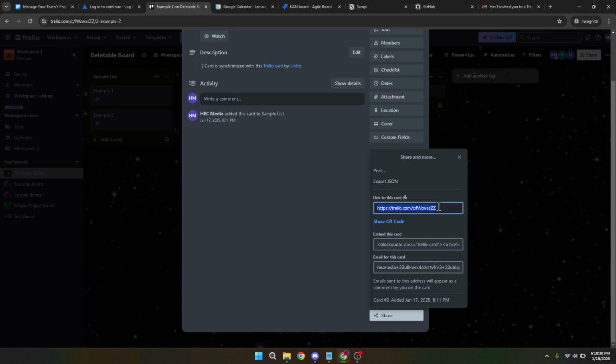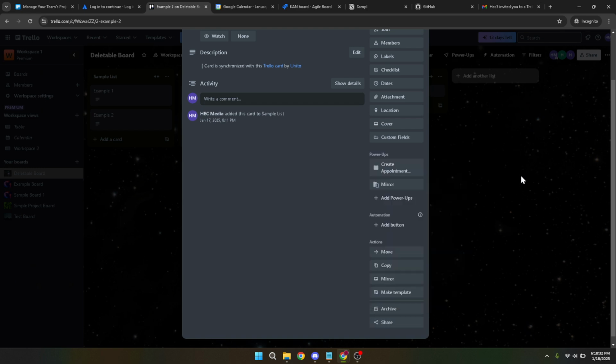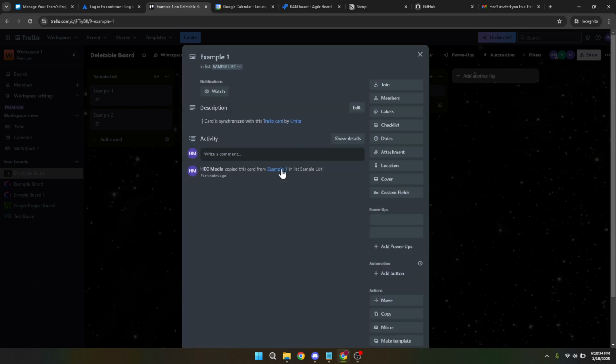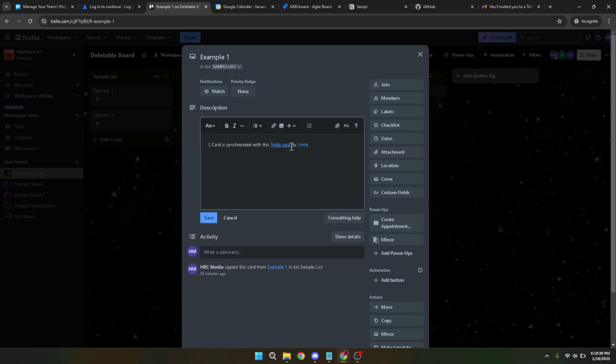With the card link copied, it's time to paste it into other relevant cards on different boards. Navigate to the board where you want to add this link, and open the card you wish to connect to. Once you have that card open, simply paste the link into the description or a comment, wherever you feel it best fits. Doing this creates a direct line of navigation between the two cards, acting as a digital bridge across